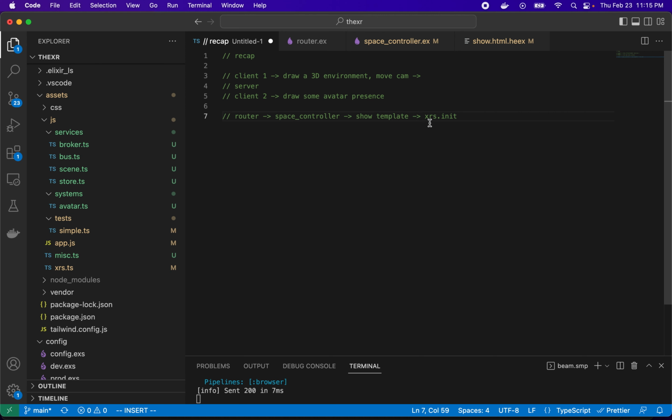So this is new. In the prior videos, this is still in app.js, we imported some functions like create the broker, create the scene, and to talk between them we use the bus. And so it was doing all this stuff, but I reorganized the code a bit. So these are now known as services, and so we want to have this sub entry point. So this is the full bundle, but we're just going to really delegate this to the XRS. So if we look at app.js,